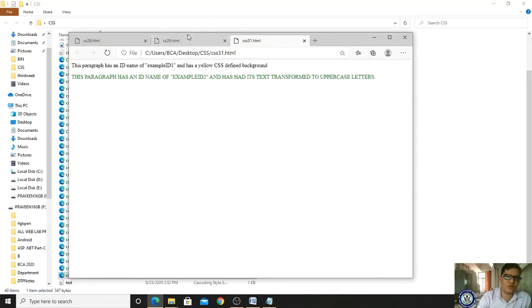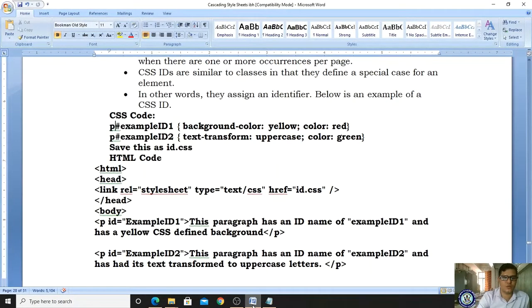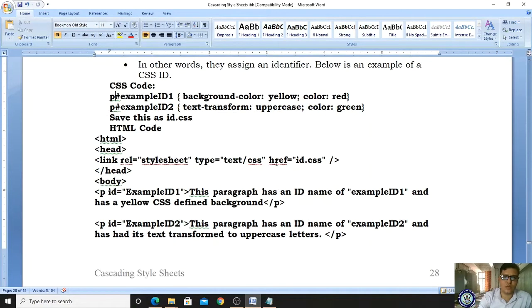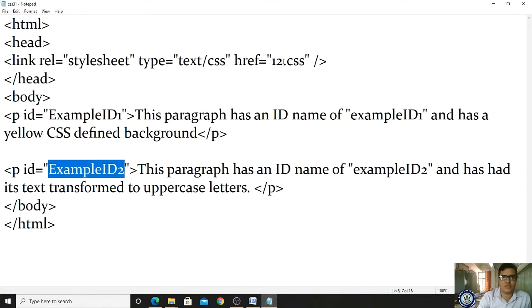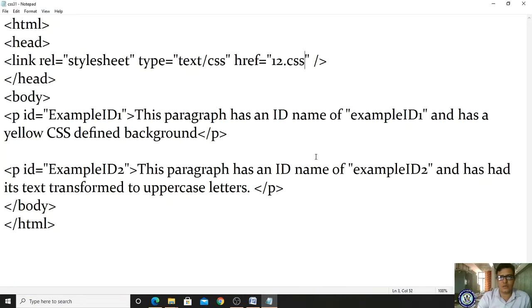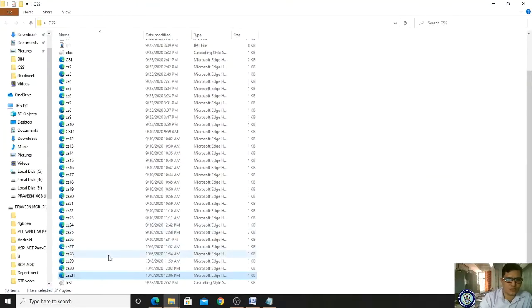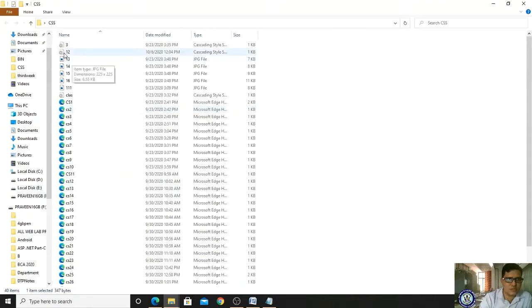Because we have not provided the proper reference. Hence it is showing 12.css, but 12.css is not there. We have to give the complete address. Without the complete address, it doesn't come, right? Let me check whether 12.css exists here. Yes, here it is.